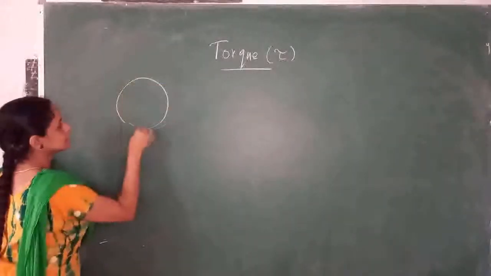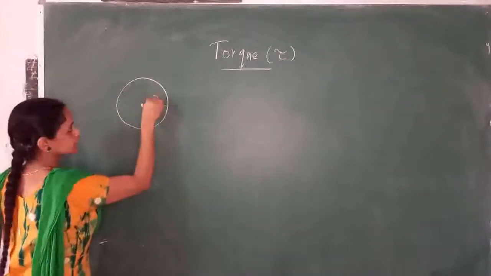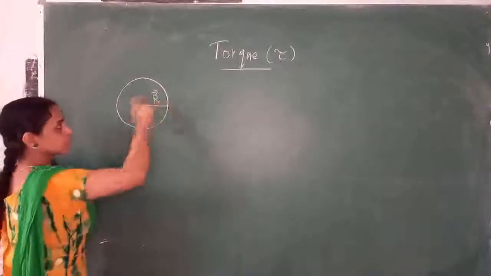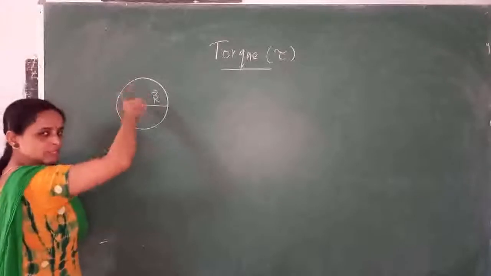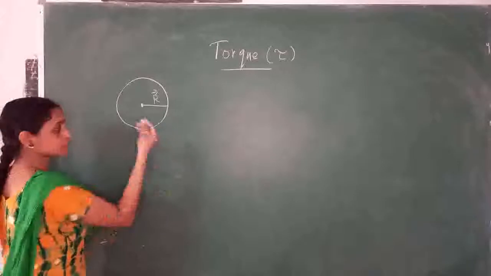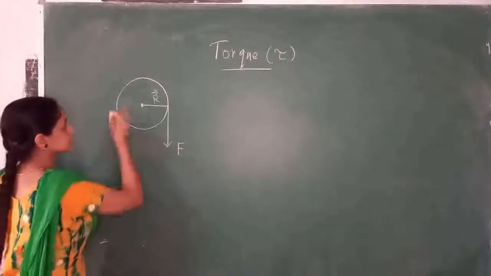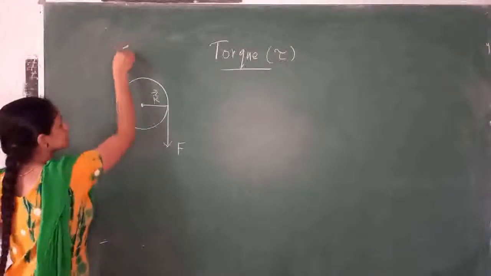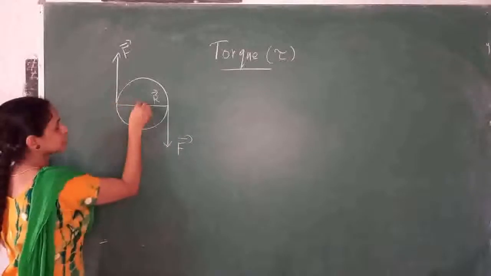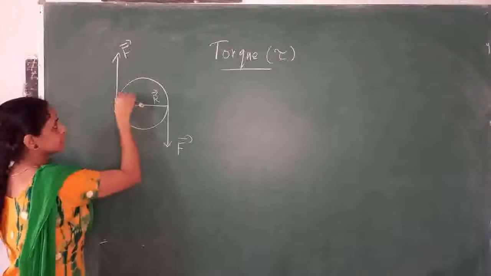So consider a system of mass or whatever it is. This is a circular motion. This is the R vector. We are rotating this system of particles or mass. The force acting here is in this direction and the force acting here is in this direction. Here the R is from the axis, so here again you will have this R.